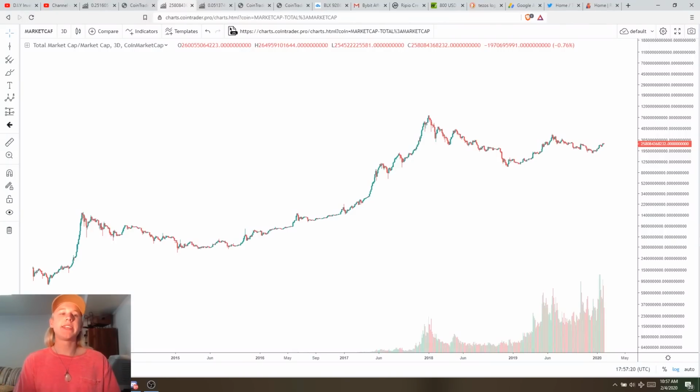So here we are, guys, taking a look at the total market cap. This is all of the cryptocurrency value that we have inside of the market. The reason why I wanted to share with you guys this chart is because we only have so much price data to actually go off of because the altcoins have only been charted for so long. It's only been so long that they've been out, and so we only have a limited amount of data.